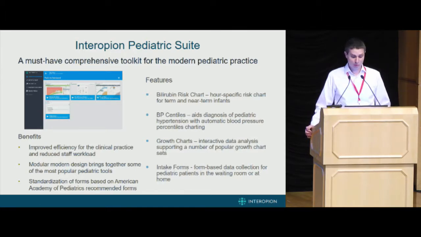The suite includes tools such as bilirubin risk charts, our specific risk chart for near-term and preterm infants, BP centiles, blood pressure percentile calculation for diagnosis of hypertension, growth charts, interactive growth charts for growth analysis, and